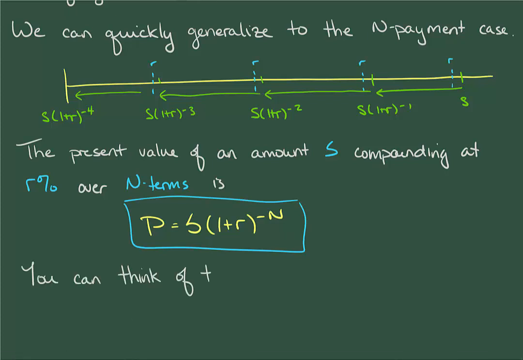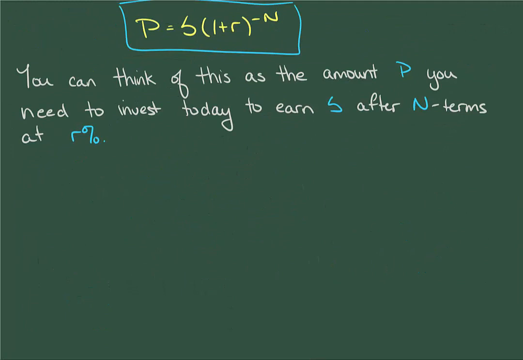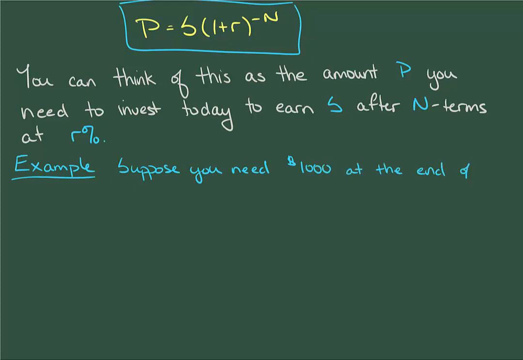Now, I mentioned this at the beginning of the video, but one way that we can think about the present value is as the amount necessary in order to achieve the value of S that we want. So if someone tells you how much money you need to earn, the present value tells you how much money you would have to invest. So let's do a slightly more complicated example. Let's suppose that you need $1,000 at the end of the year, and you invest in a fund which returns an APR of 20%